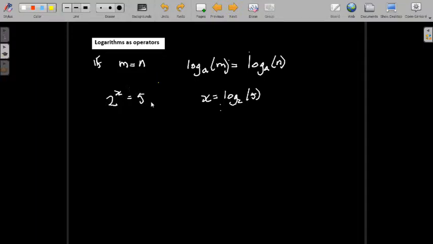So we've got 2 to the x equals 5. We're actually going to take the log base 10 of 2 to the x and log base 10 of 5. So basically taking the log base 10 of both sides,